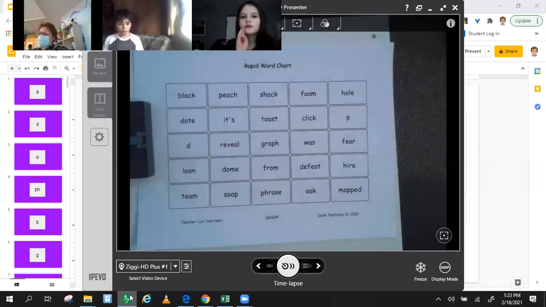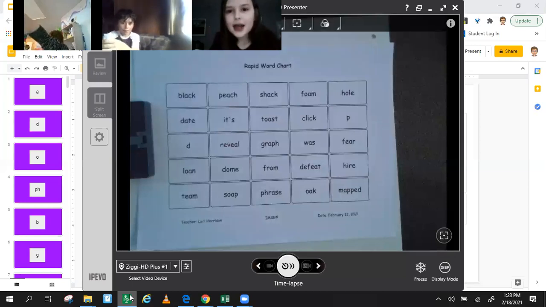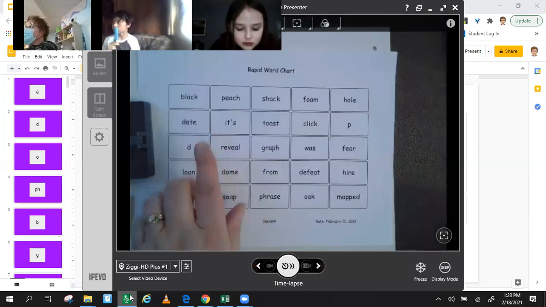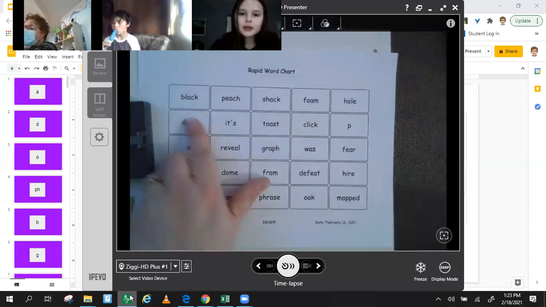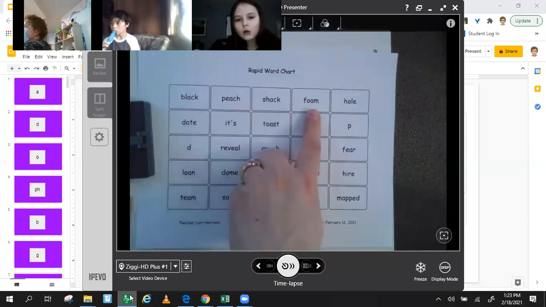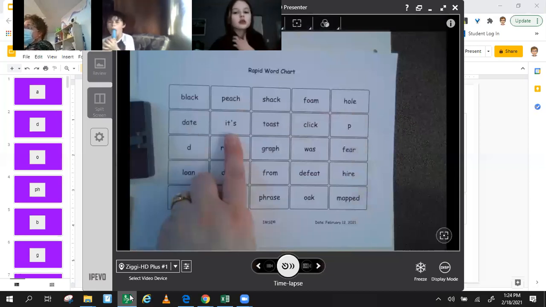All right, so let's read through them together. Here we go. Hey, Mr. Fox, you ready? You can look at the one on your desk. Here we go. Black, peach, shack, foam, whole, date, it's, toast, click,